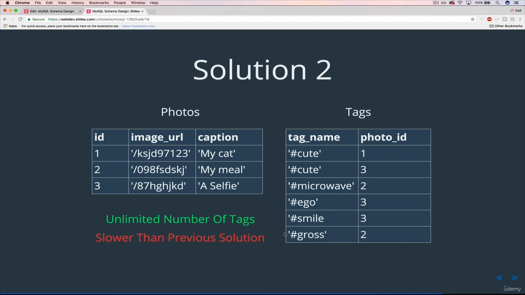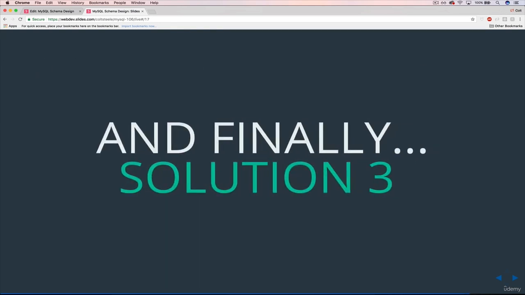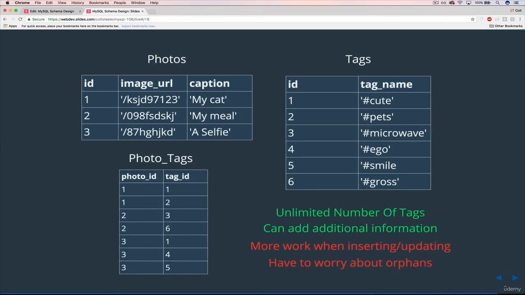In just a moment, I can show you a comparison that I didn't do, but there's a great article that I found where somebody does a speed test between these 3 solutions to figure out when they perform best. So this is not one we're going to use either, but solution 3 is, which maybe you guessed,